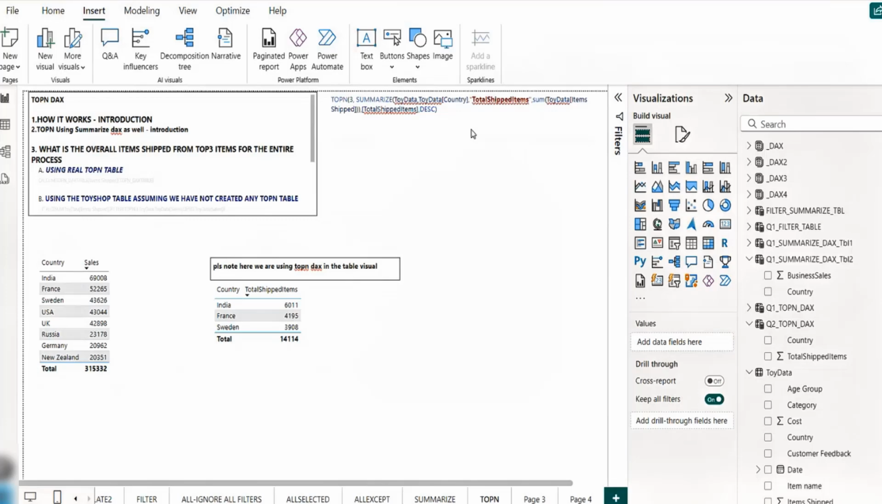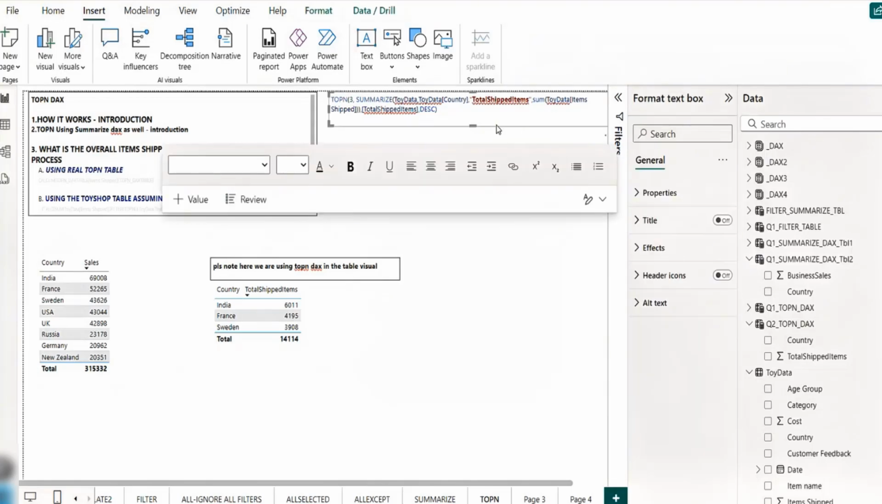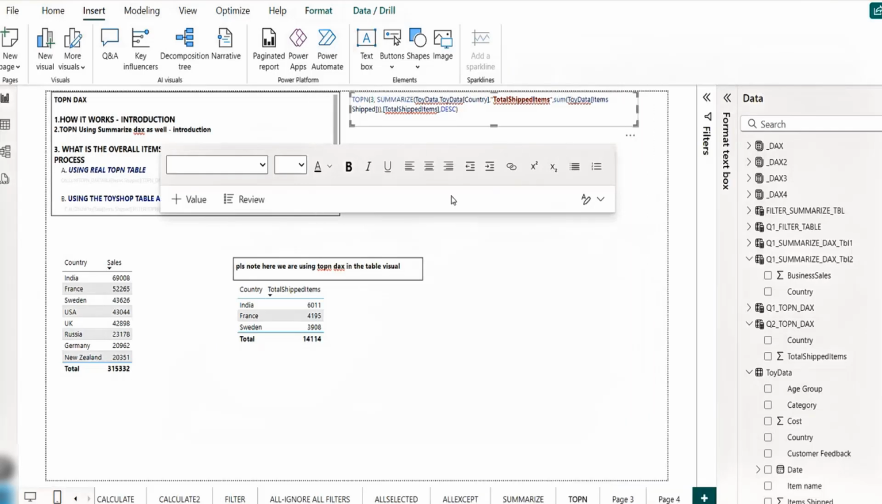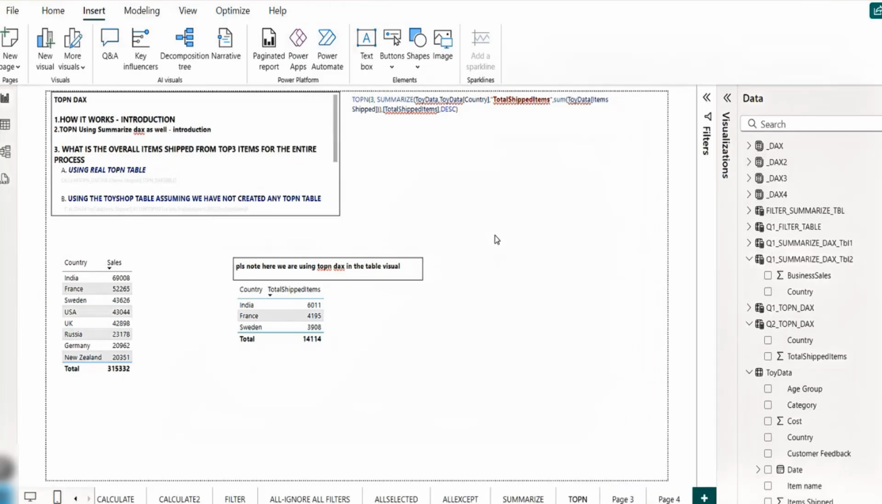So yes, who will tell me? I'm also thinking, trust me. Can I use the sum, calculate? Because my problem is that if I use the calculate, for example,